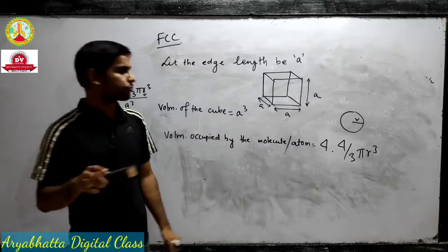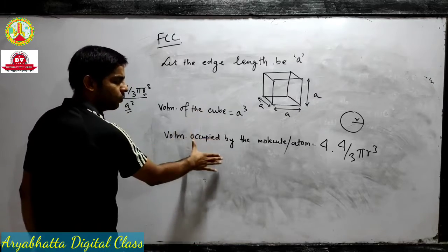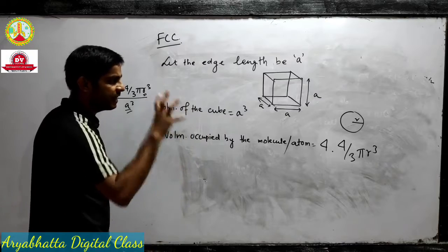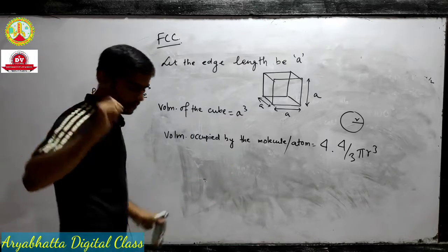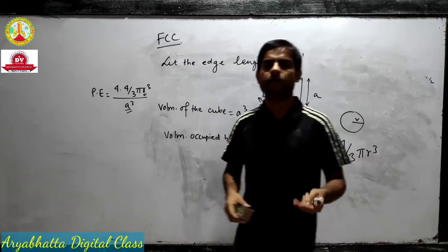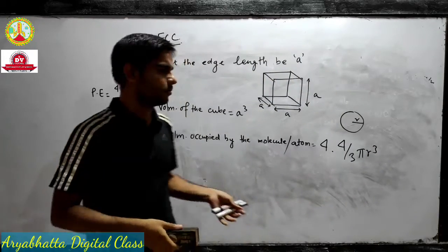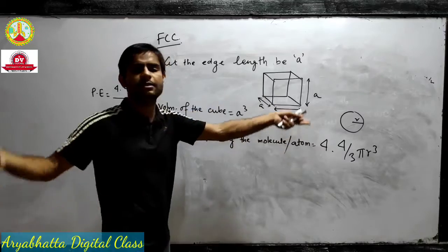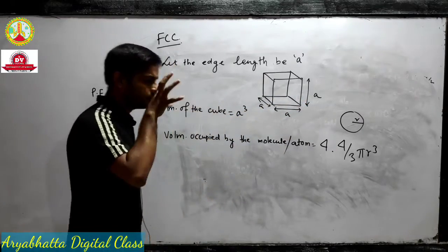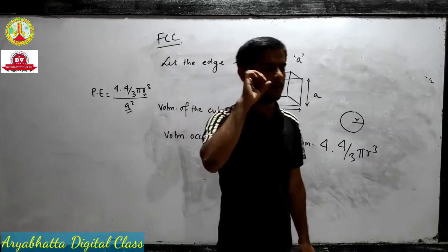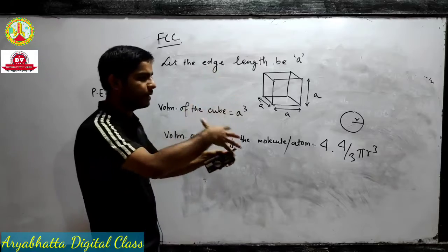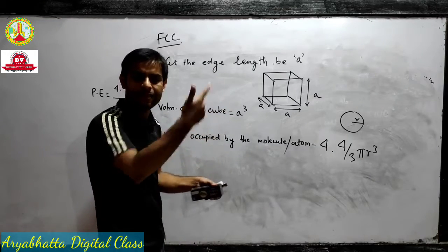So now, after writing down the given volume and volume occupied, in the next step, see, most of the students actually complain that they have to memorize the derivation, but you need not memorize any derivation. Just keep in mind what the steps are. What are the steps that you should follow while deriving anything?